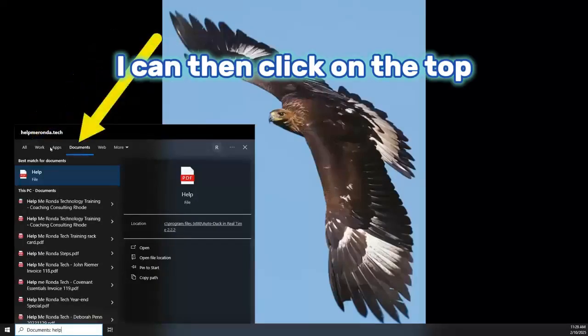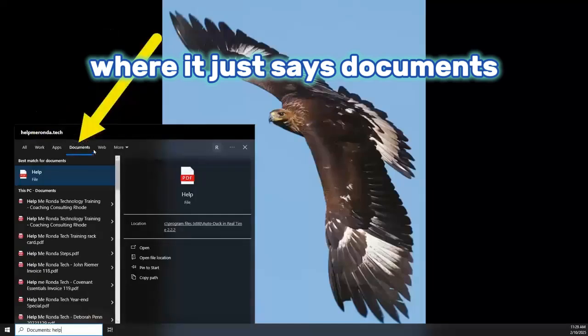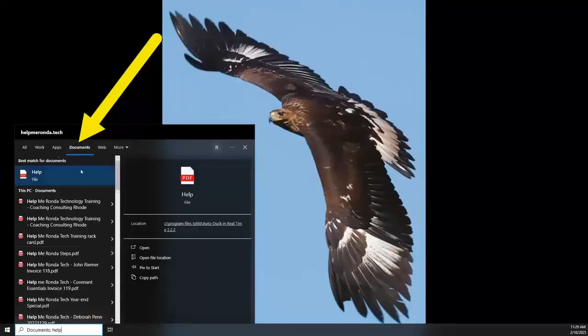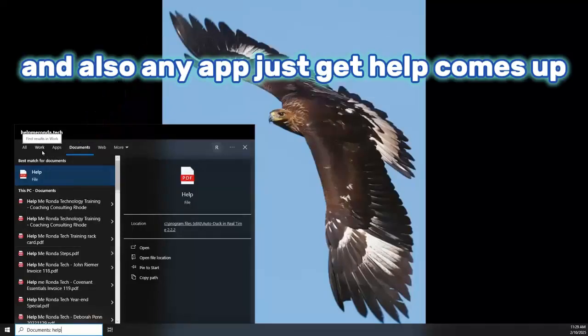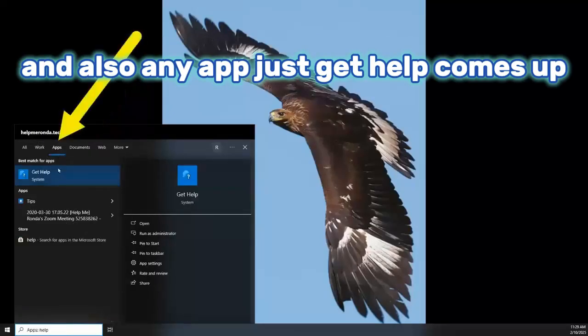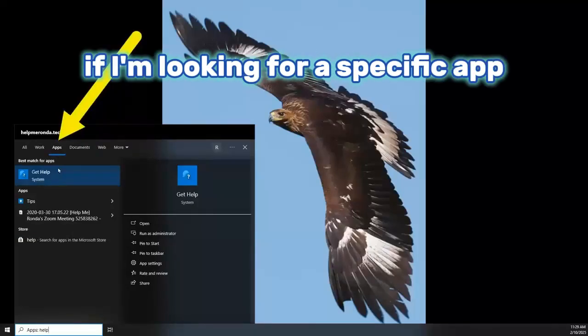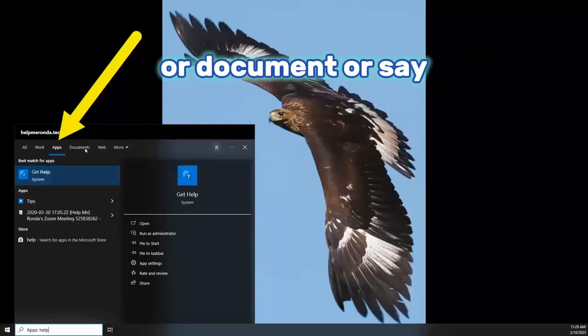I can then click on the top where it just says documents. So all my documents that have the word help here come up. And also any apps, Get Help comes up. Look at that. So if I'm looking for a specific app or program on my computer or a document,